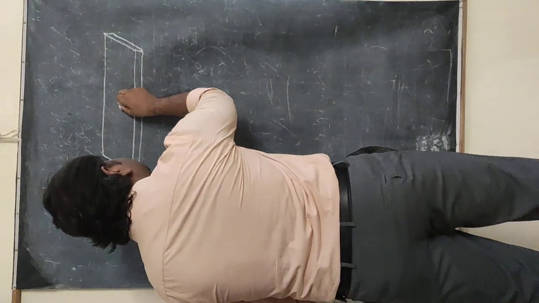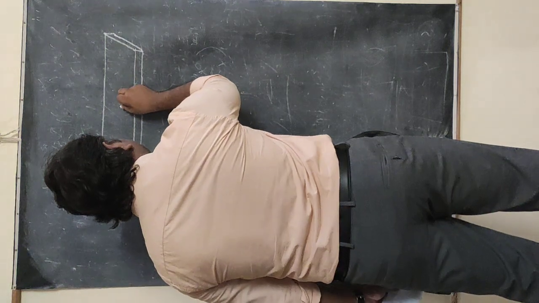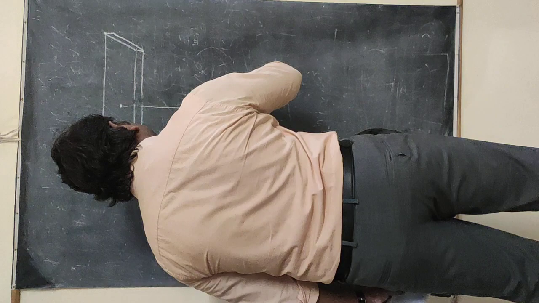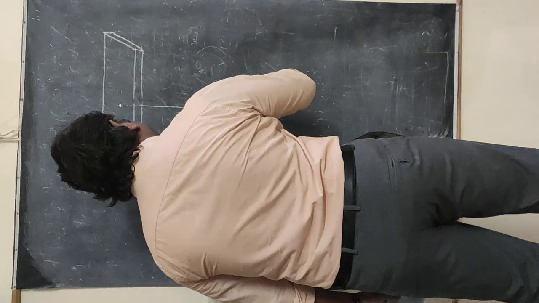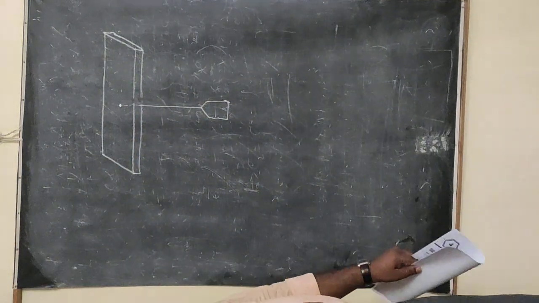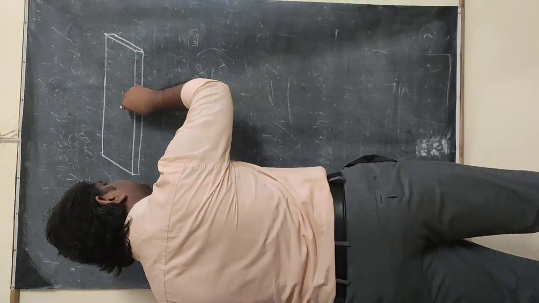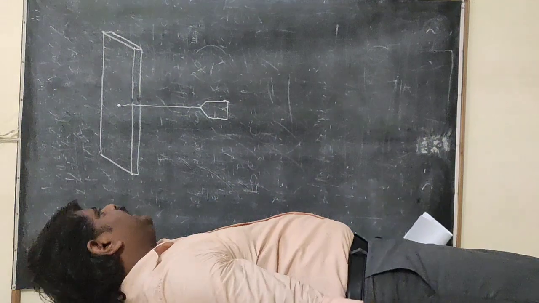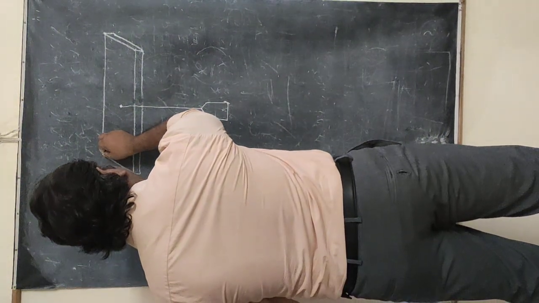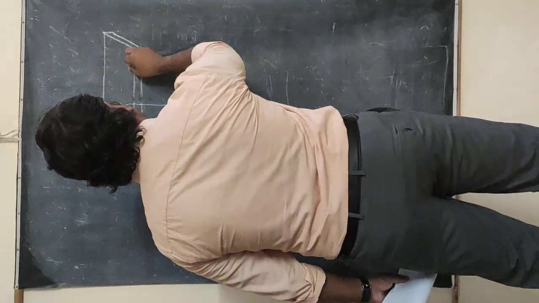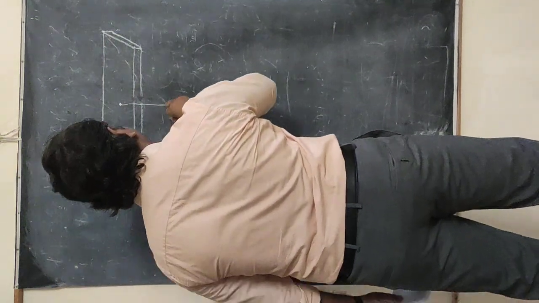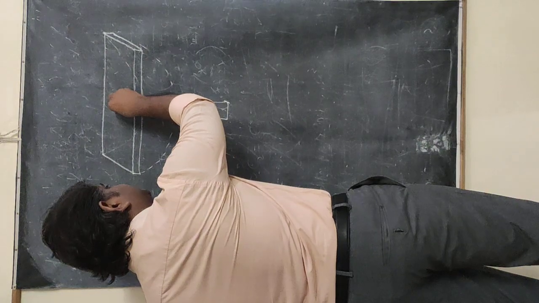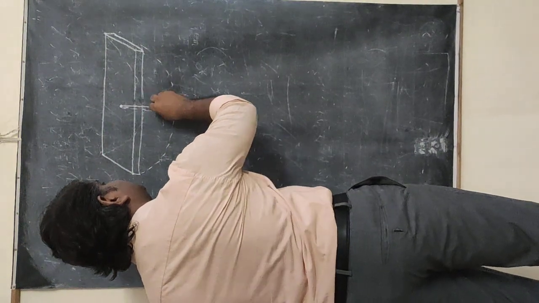Now at the center, they are going to attach the weight. Here they are going to attach the weight. When they attach the weight at the center, then what happened? This beam is going to be depressed downward. It is going to be bent in this direction, and this one is going to be bent in this direction. Okay, so this much depression is going to take place.